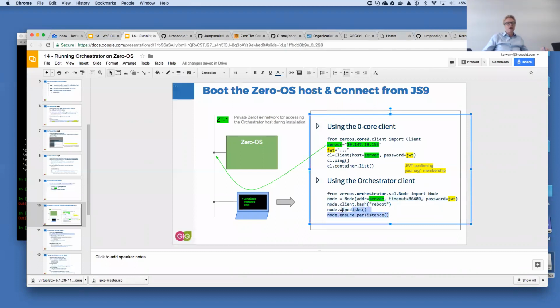And you will enable persistency. Enabling persistency will make sure that everything you do with Orchestrator is also saved to disk, which means that if you reboot afterwards, everything is still there, and that you need to do the wipe disk. It's just the few commands that you typically will want to use if you're resetting your installation, leveraging the same host.